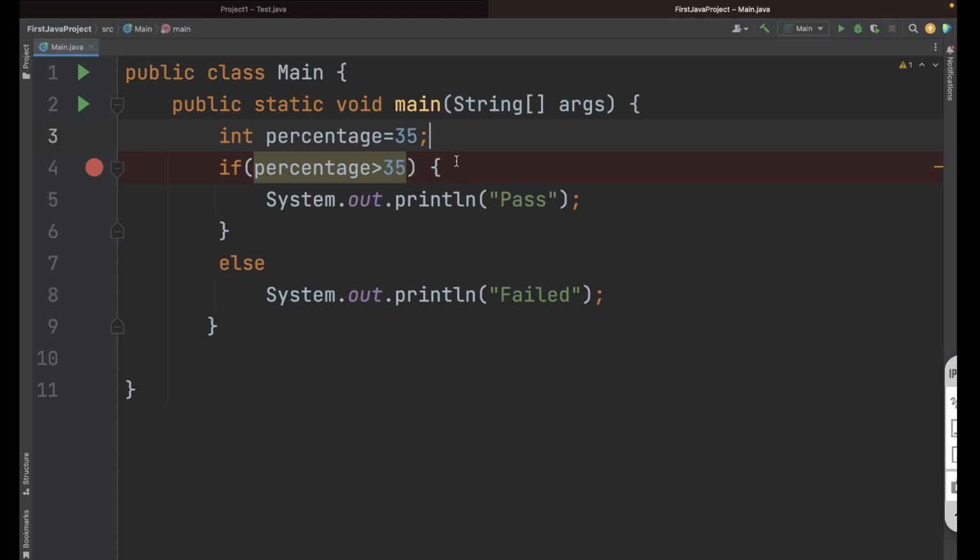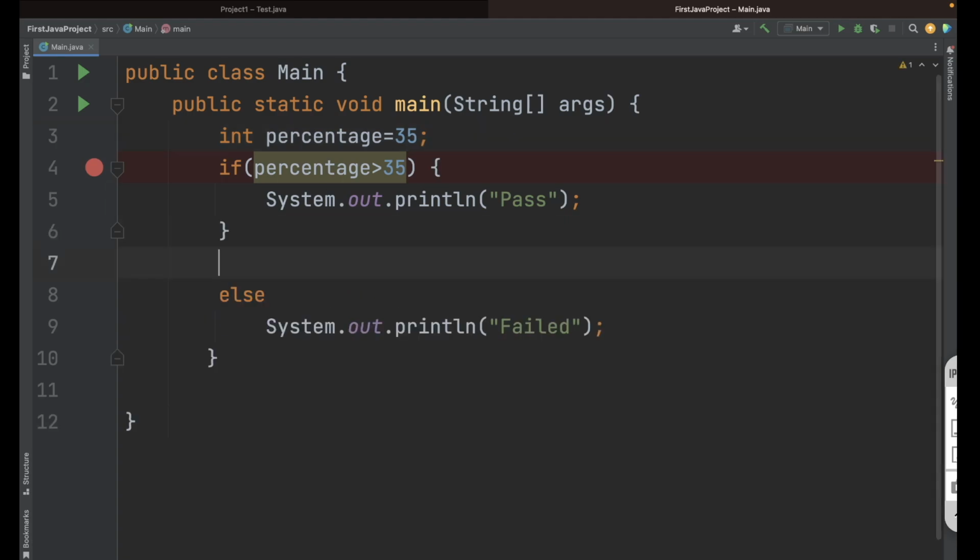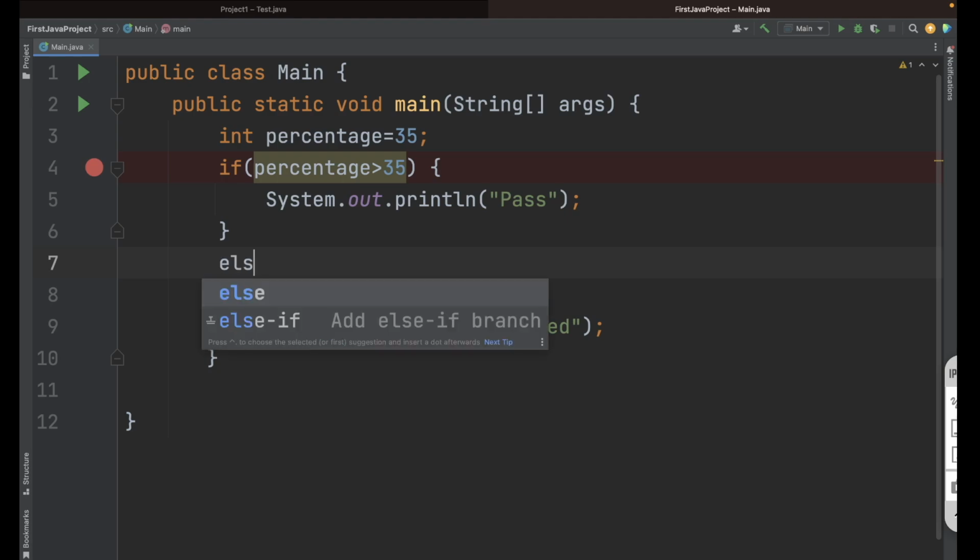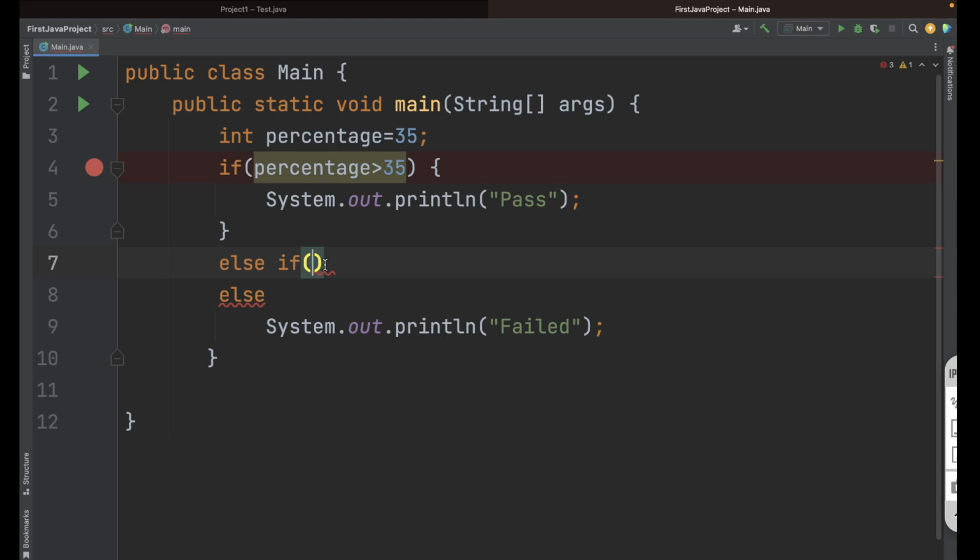Even if your percentage is equal to 35, then also you will be passed, right? Only you will fail if your percentage is lesser than 35. So if you want to check multiple conditions, then you can use else if. Okay, so how can we write the else if? Here we can write else if, then here you can write one more condition.